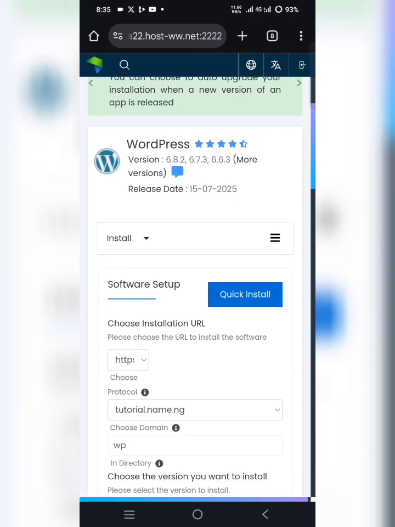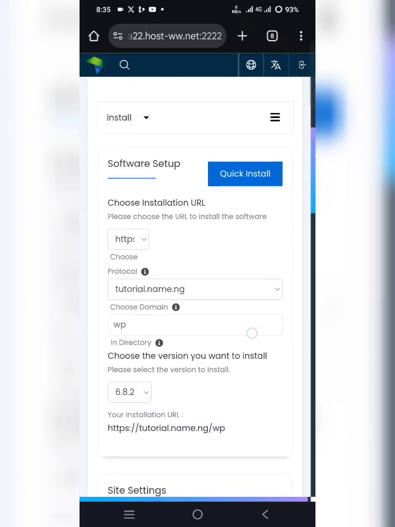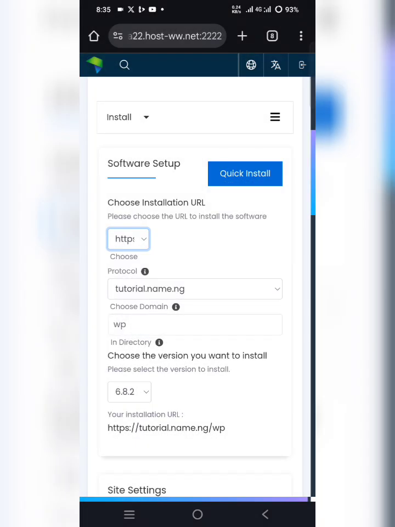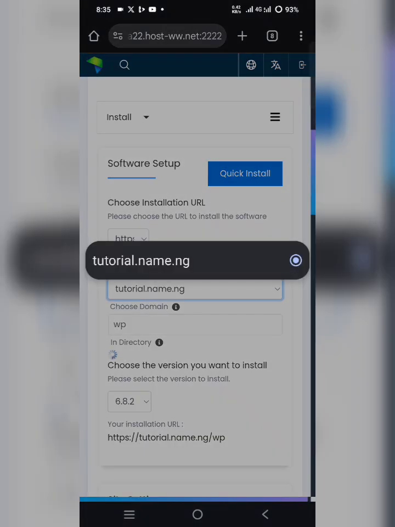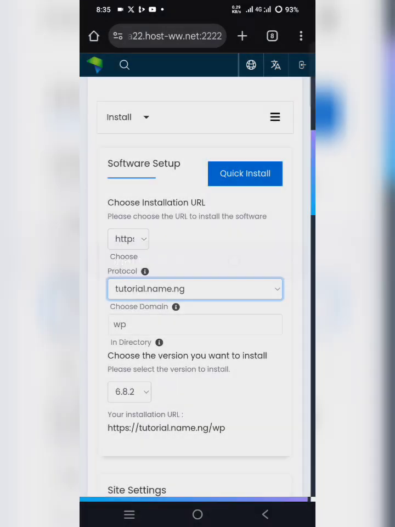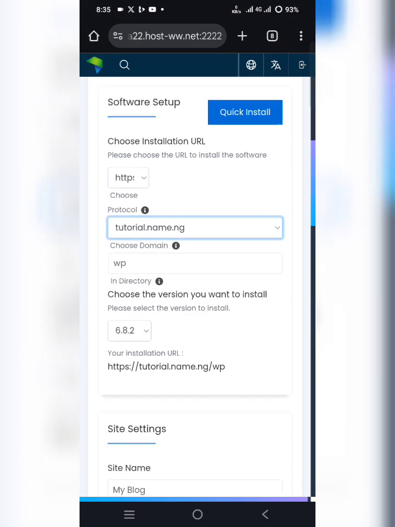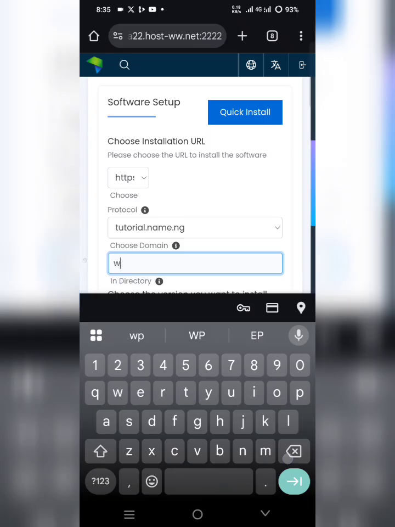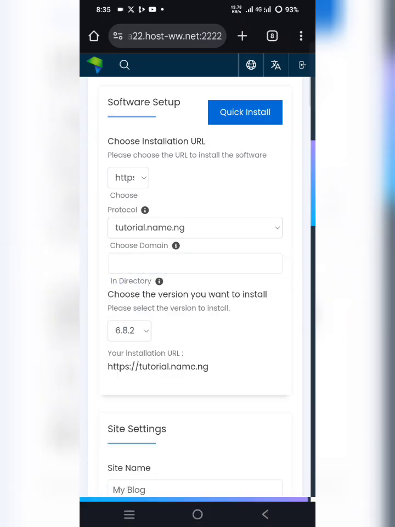Okay, after clicking on install WordPress, we'll scroll down and then you see quick install, but we are not going to click quick install immediately. We need to select HTTPS, which comes by default with a domain name, and then we'll clean the WP directory under the directory. Okay, and we'll scroll down and the version is 6.8.2,